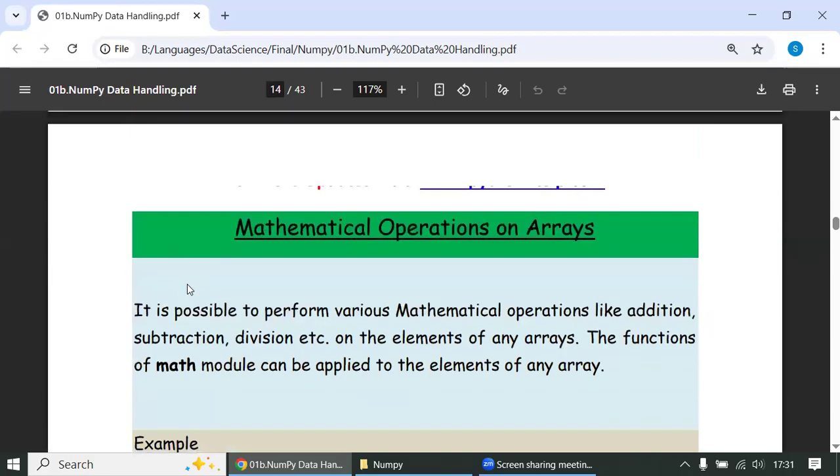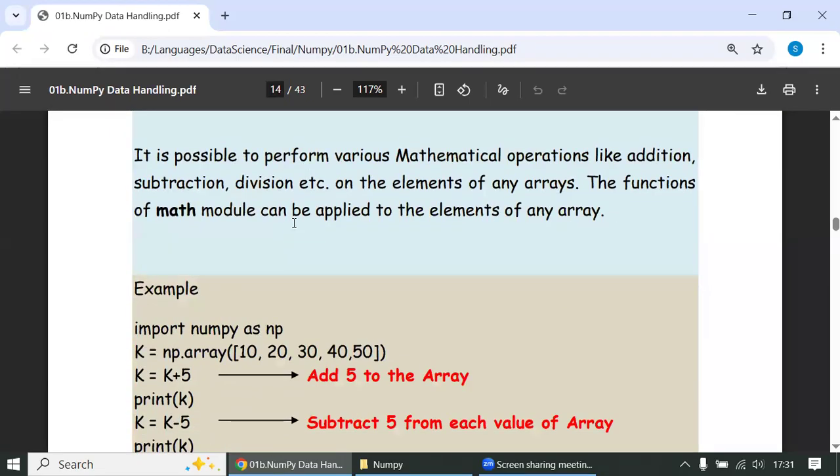Next, mathematical operations on arrays. It is possible to perform various mathematical operations like addition, subtraction, division, etc. on the elements of the array.